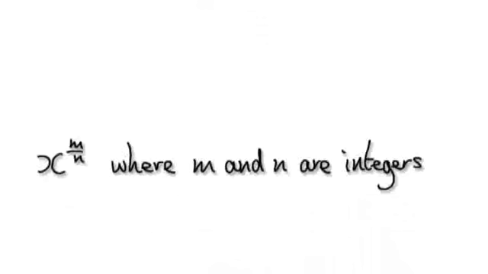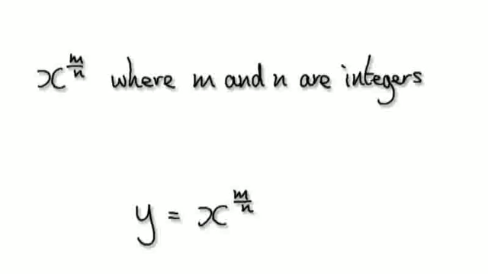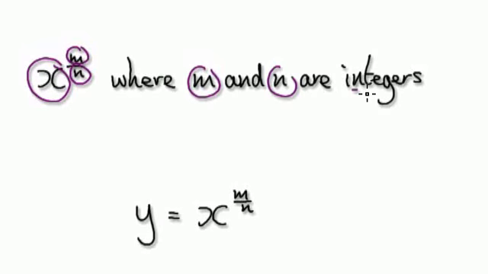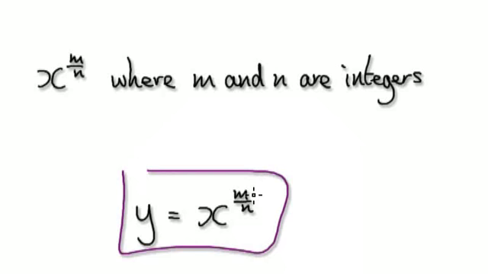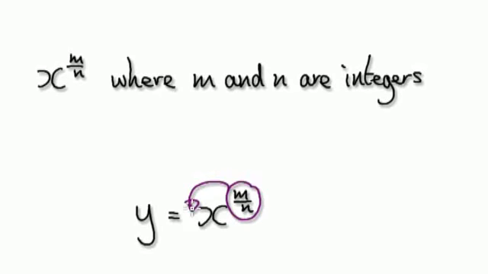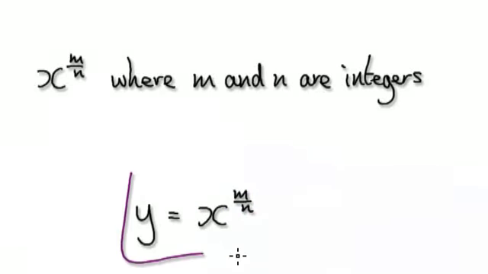Following on from the previous video, we were trying to differentiate x to the power of a fraction. So we would write it as x to the power of m over n, where m and n are integers. We were trying to differentiate this without moving this down to here, and then this itself gets minus 1. We've got to differentiate this without making that move, because we are trying to show that